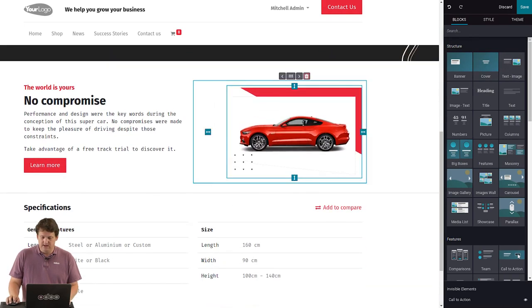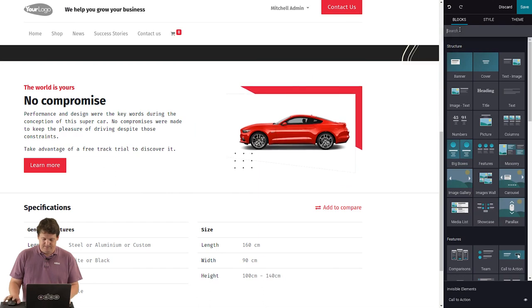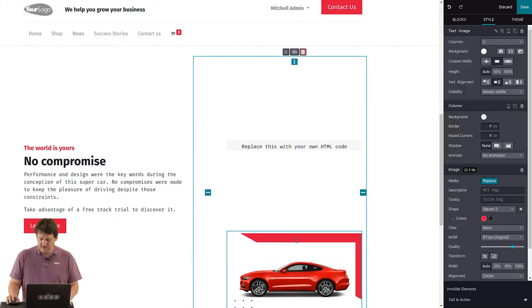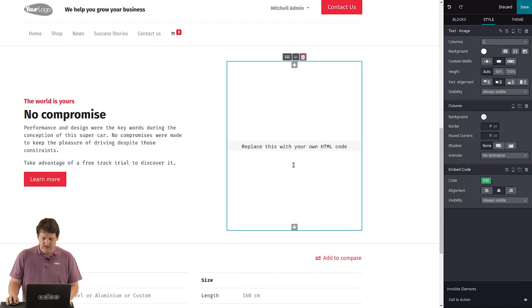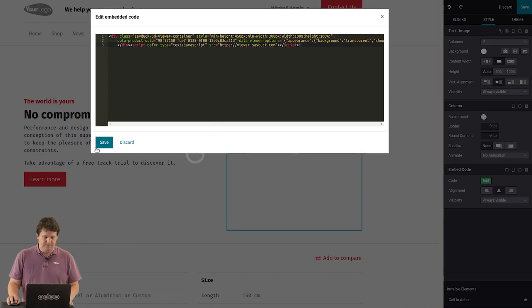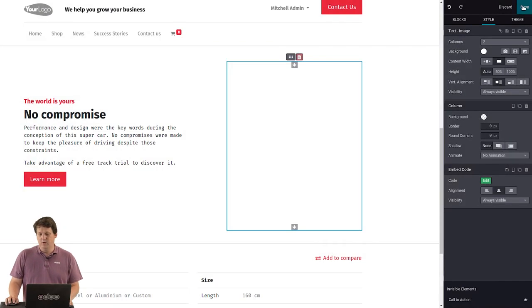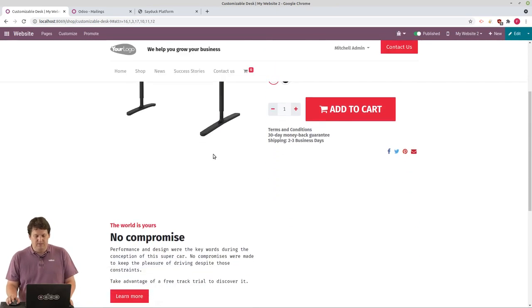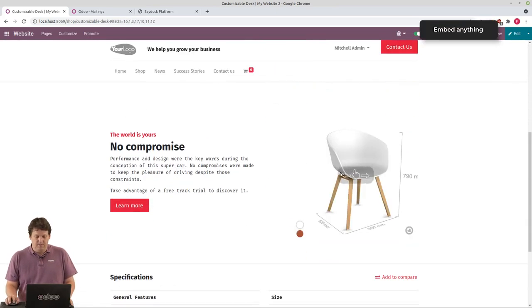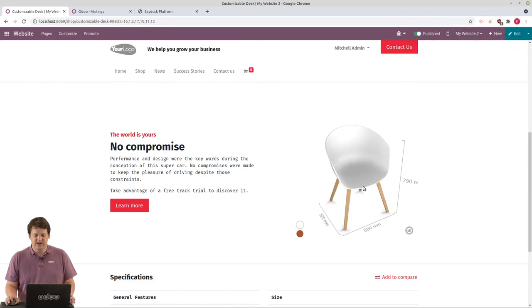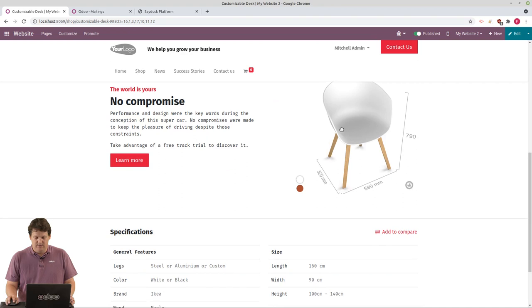All right, and here I will insert embed code on the top of the picture, and I actually don't need the picture, so I remove it. And I click on edit, and I just paste the code from here, save. And now, when I save my page, I don't have the Facebook banner because I'm not coming from Facebook, but I have this new 3D model so that I can see my chair in 3D, zoom into it,